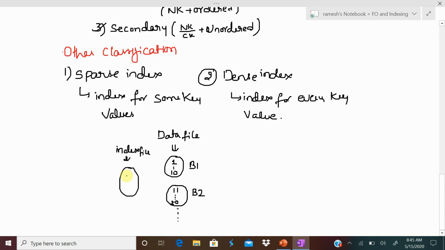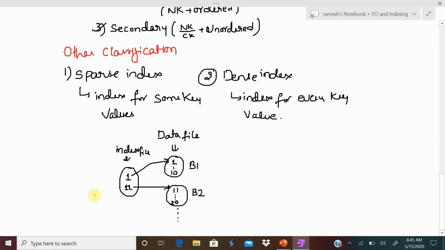Now just imagine what could be my first index record. My first index record should be 1, which is pointing to this first block, and my second index record should be 11 instead of 2, 3, 4 and all. It should point to the first record of block 2. So is it required to create index for 2, 3, 4?